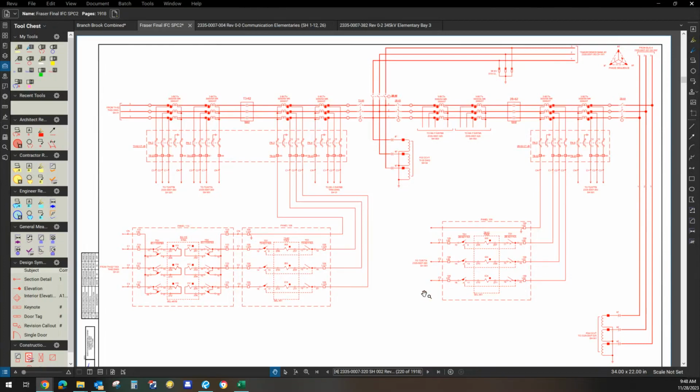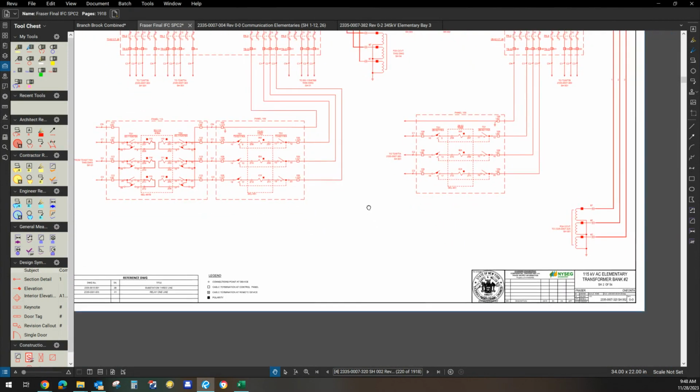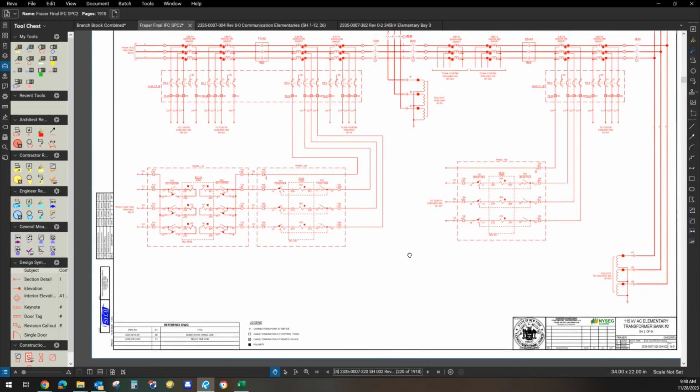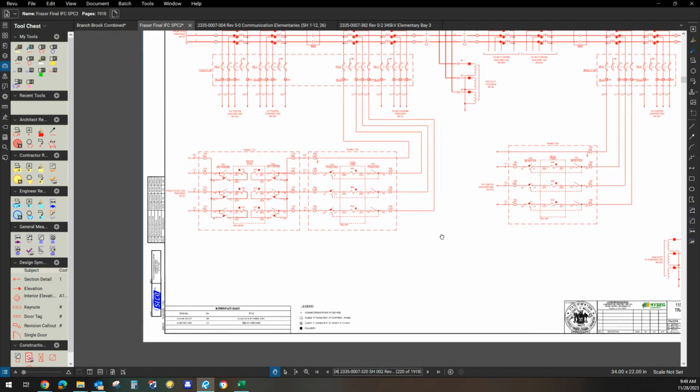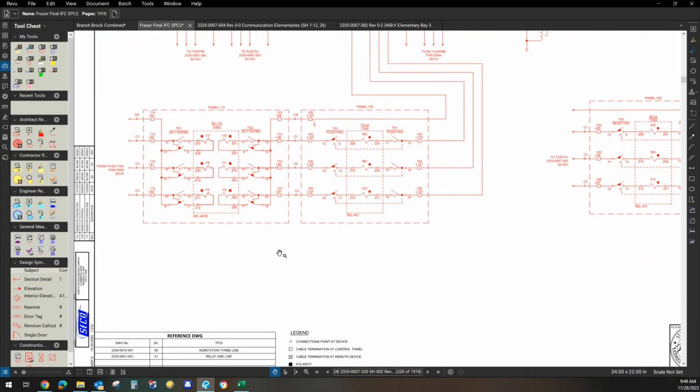Hello again, this is Gary, and we're going to continue with our digesting drawings. This is part two of the AC Elementary 3-line. I wanted you to look at this because there are some things on this drawing that are different than the previous drawing. And what you'll notice here is